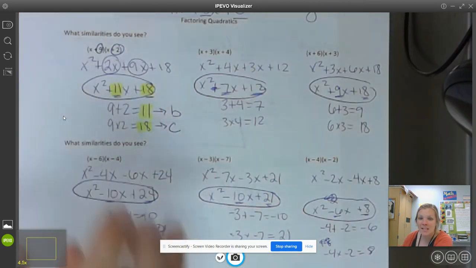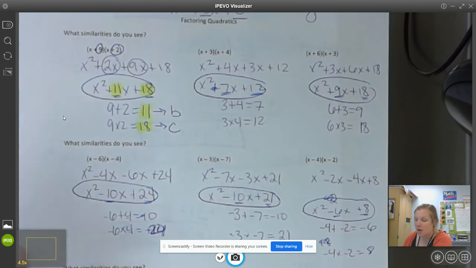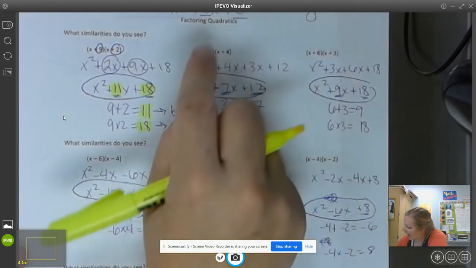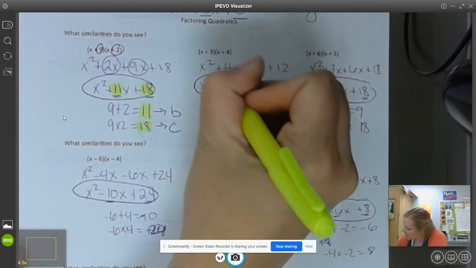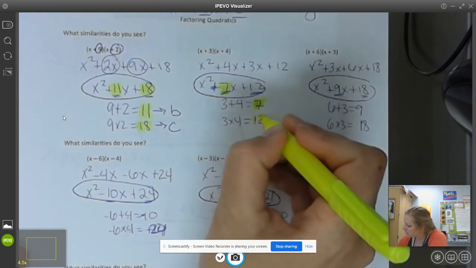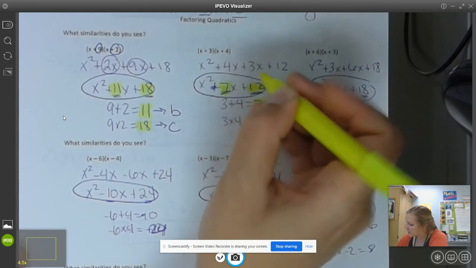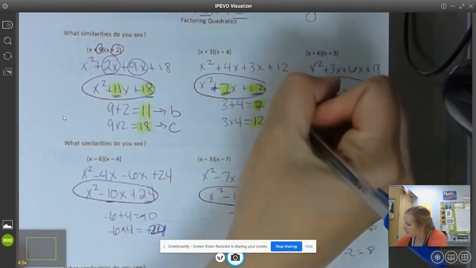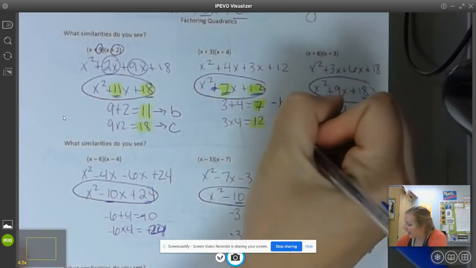And that amazing pattern is true for every problem. When I add 3 and 4, I get 7. That's the same as b. When I multiply 3 and 4, I get 12. That's the same as c. 7 is found when I add, and